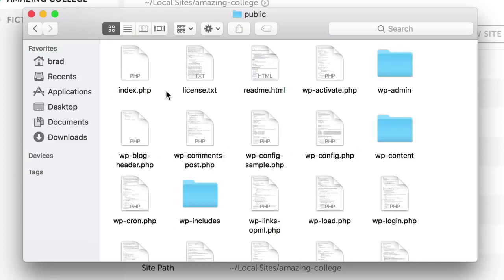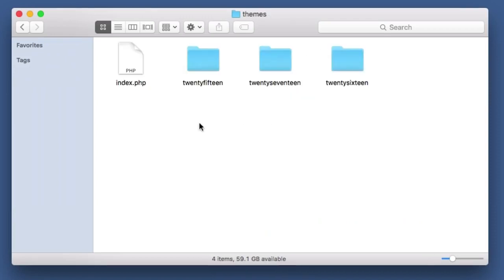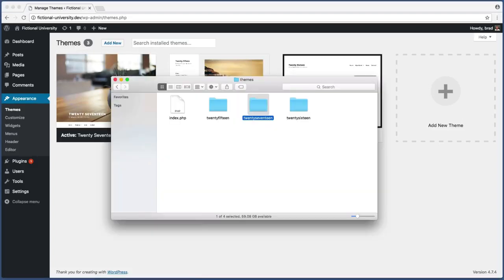Now at the moment, we are looking for the themes folder, which is located in the WP Content folder. So click into WP Content, and here we see a folder named Themes. Let's look inside that folder, and here we see one folder for each of our currently installed themes, right? So this 2017 folder corresponds with the 2017 theme. So if we want to create a new theme, all we need to do is create a brand new folder